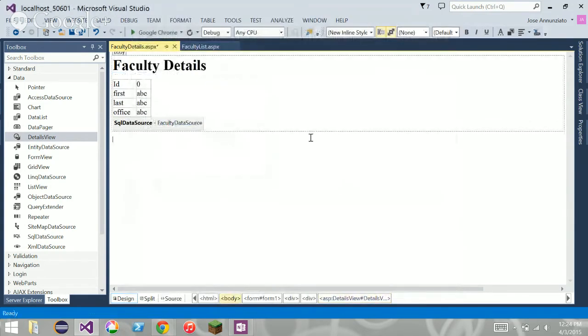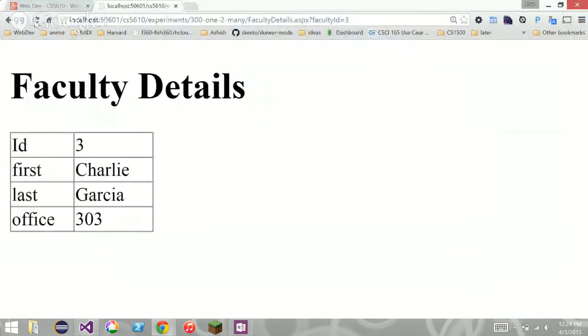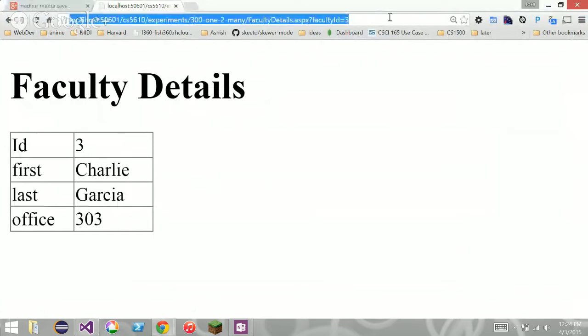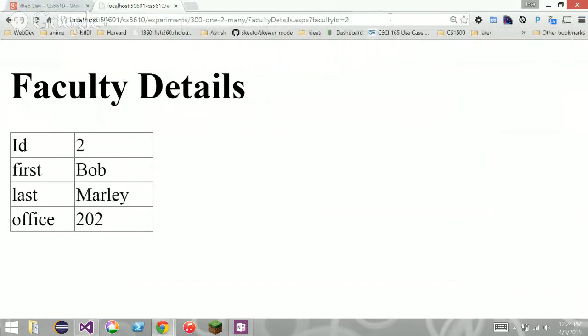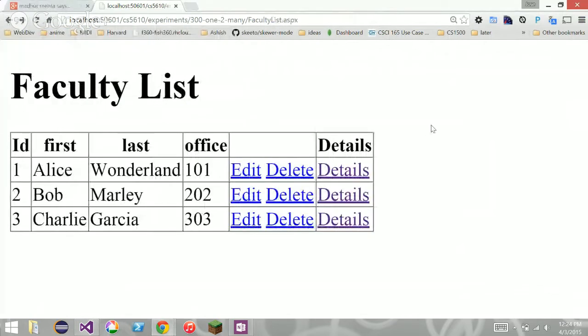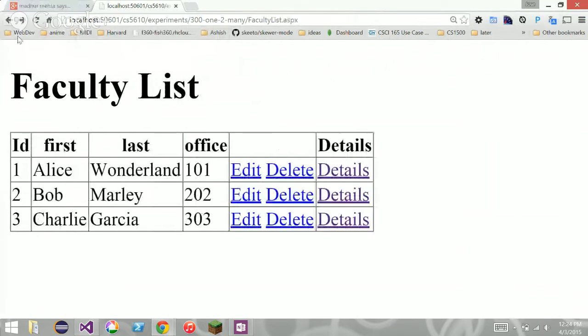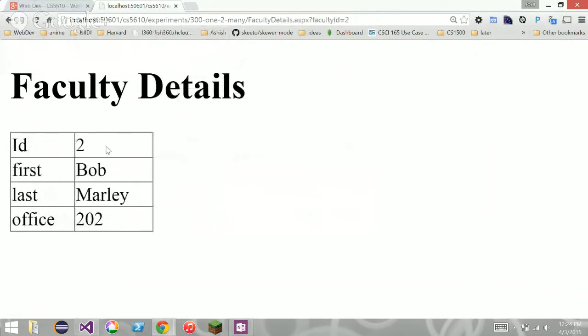Okay. And I'll save that and refresh this. So notice that we have Charlie, right? So that's because we filtered by 3, right? If we put this here at 2, it'll give us Bob. If we put it 1, we get Alice, right? So it looks like it's working, right? We can go back to the list of faculty to test it from this angle, right? If we say details for Alice, we go back, or details for Bob, there it is. So it is working,